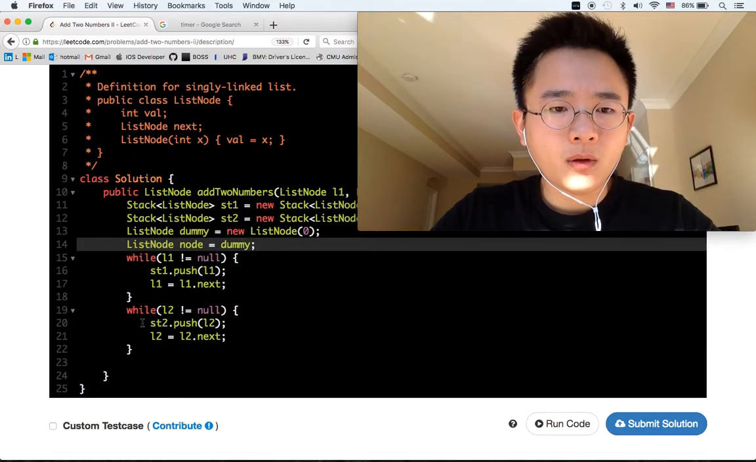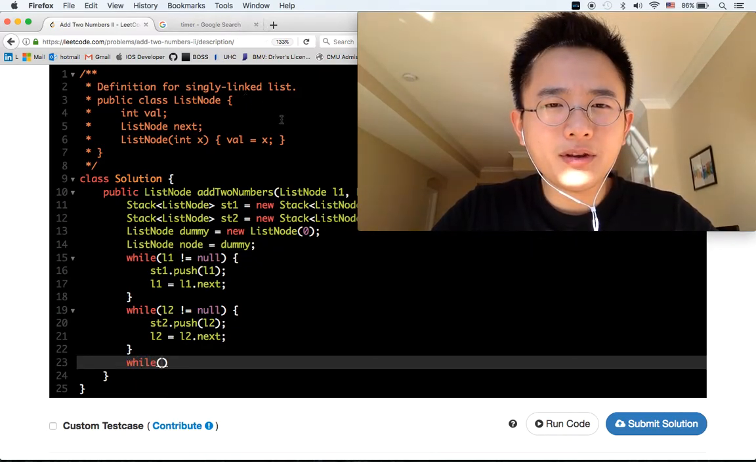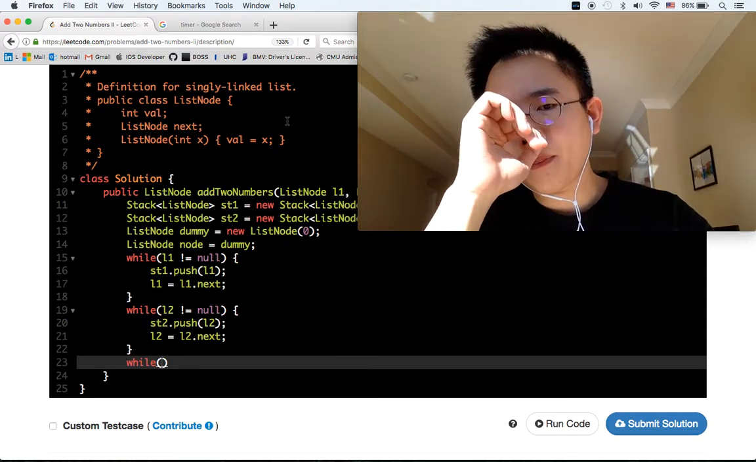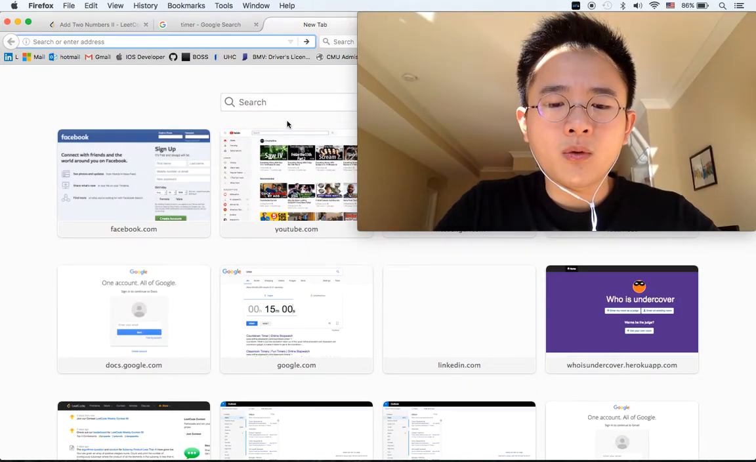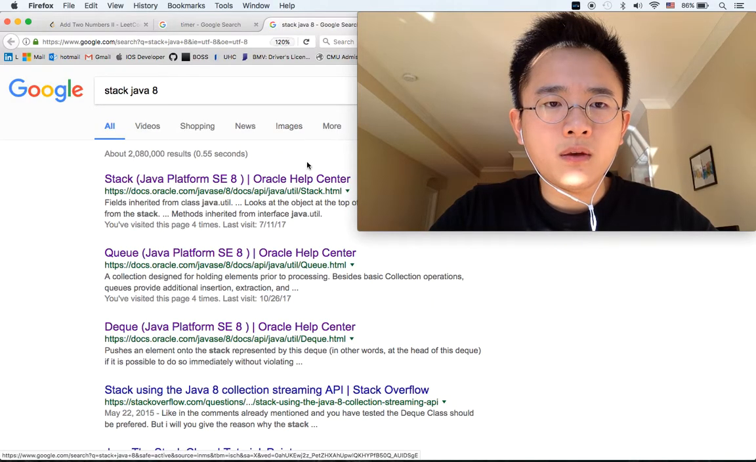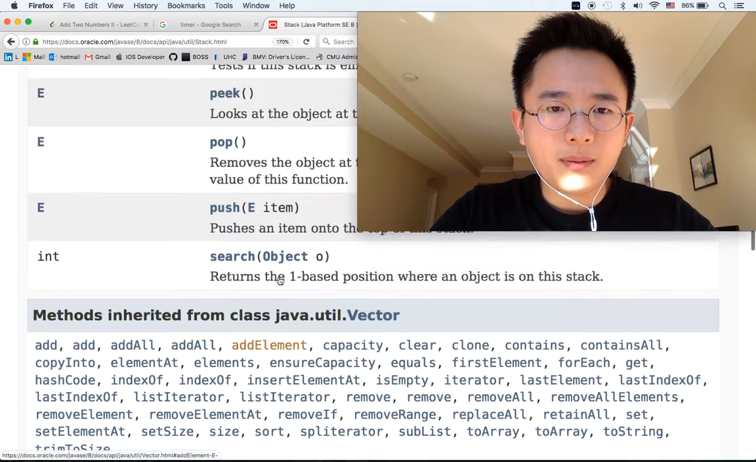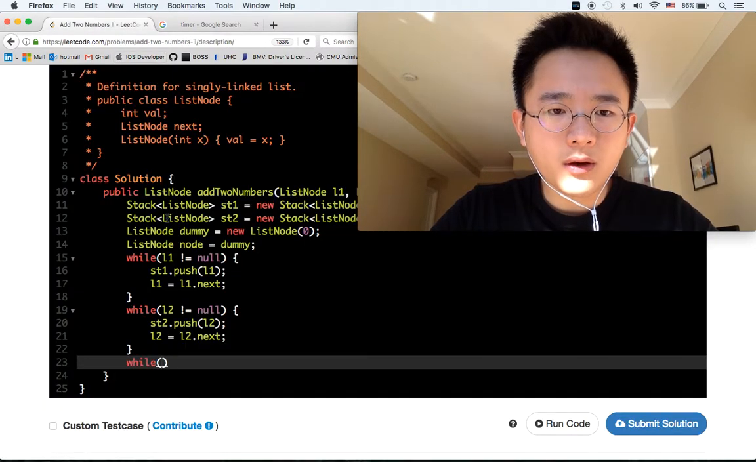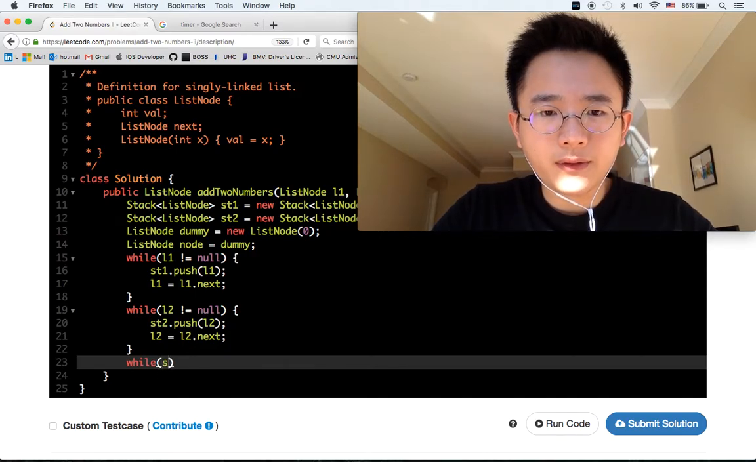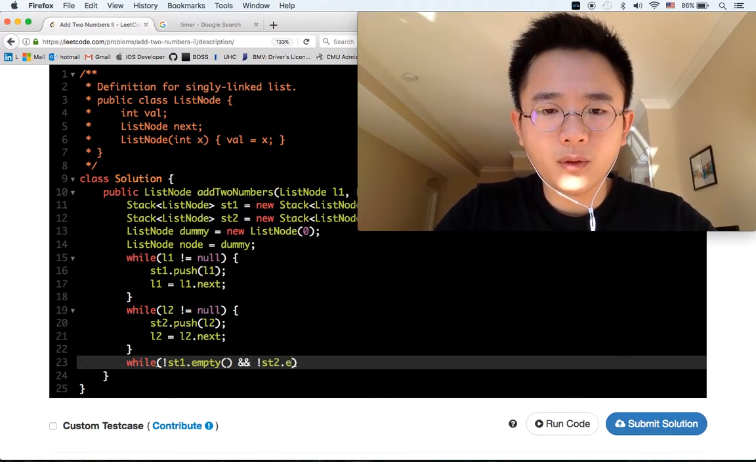All right. So let me check if stack can be empty or not. To determine if a stack is empty, do we use size or empty? Empty, perfect. Okay, so while st1 is not empty, st2 is not empty,